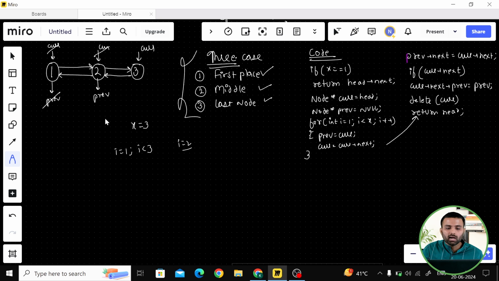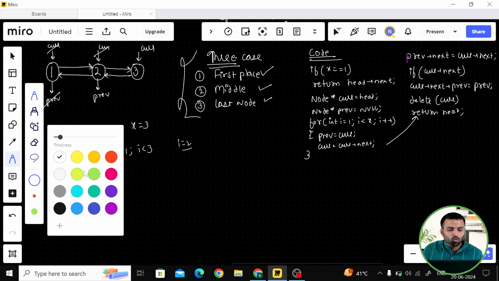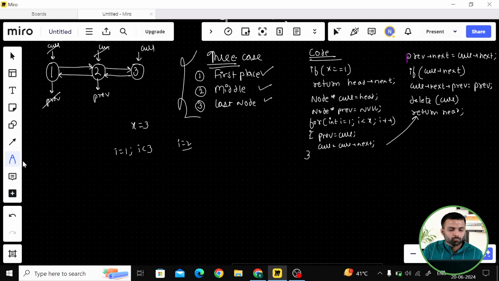Okay, now that's the stopping case. So we are going here. Now, what we have to do is, if you focus here, let me change this color. So if you see here, your previous is this. I just want to delete that case, right? Previous next, now this next will be current next. What is current next? Current next is null. So this next is null. That's what we want, right?